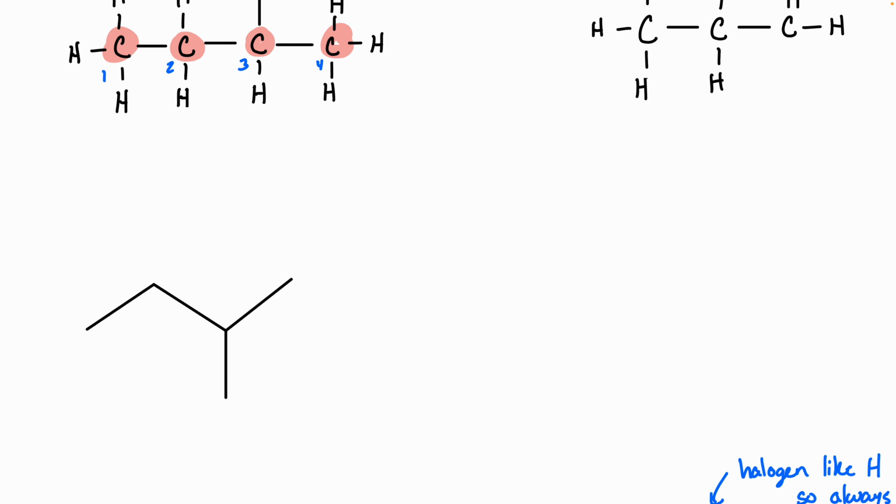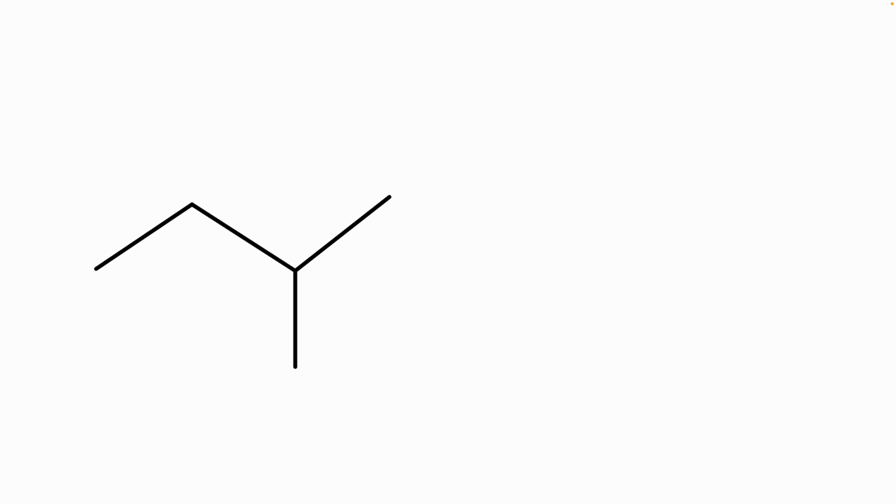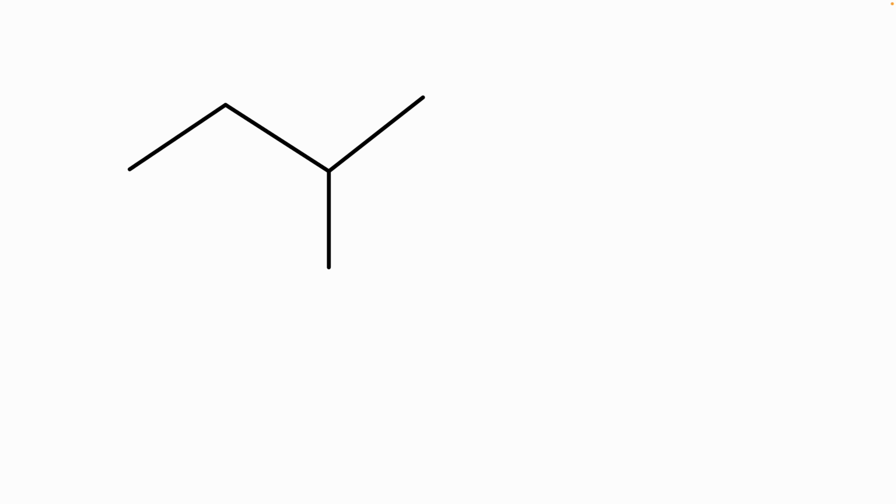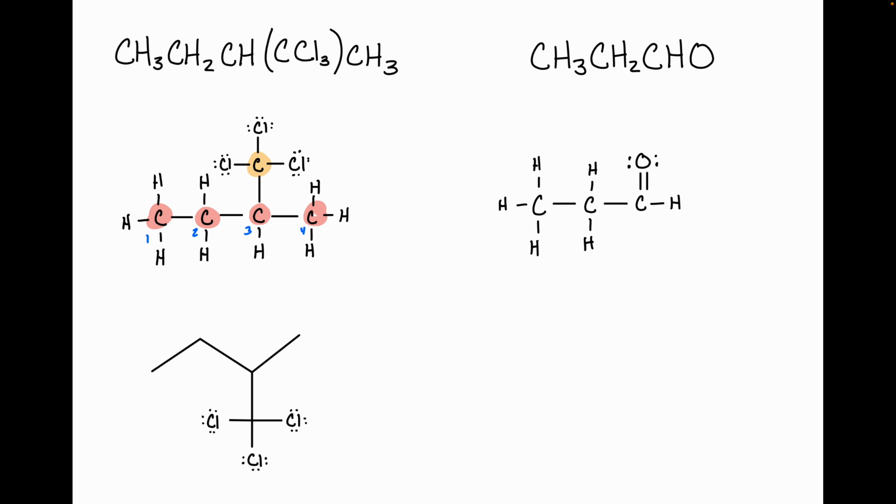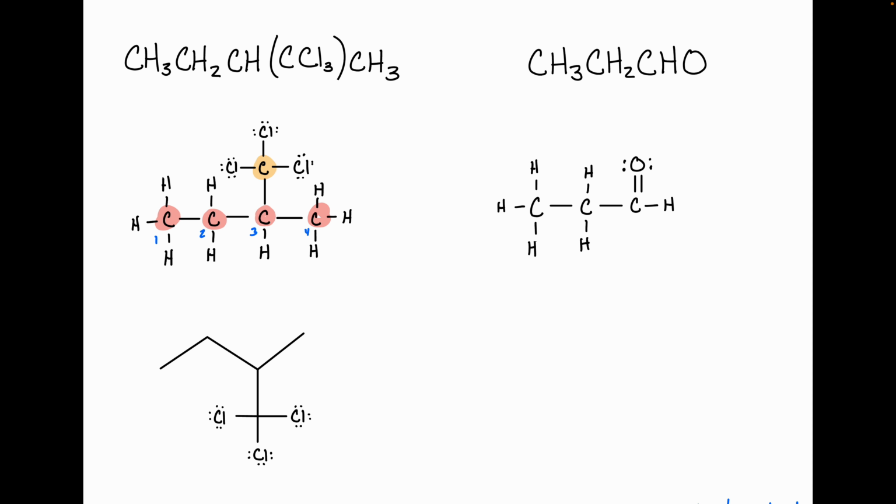Are those chlorines implied in this bond line structure, or do I have to draw them in explicitly? I've got to draw them in, right? So I'm not done yet. I now have to draw 1, 2, 3 of those carbon-chlorine bonds. And of course, because this is a bond line structure, we're going to put in our lone pairs, right? Okay, so for this molecule here, we have its condensed structure, its Lewis structure, and its